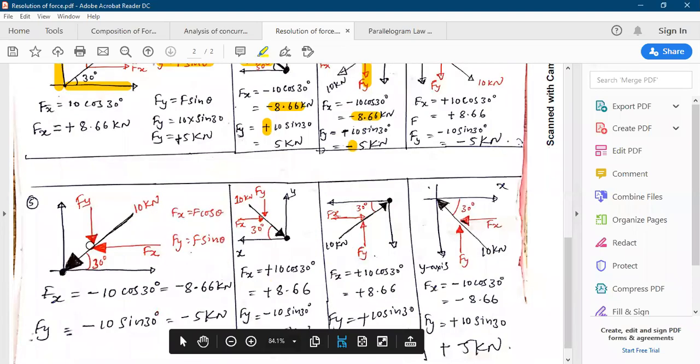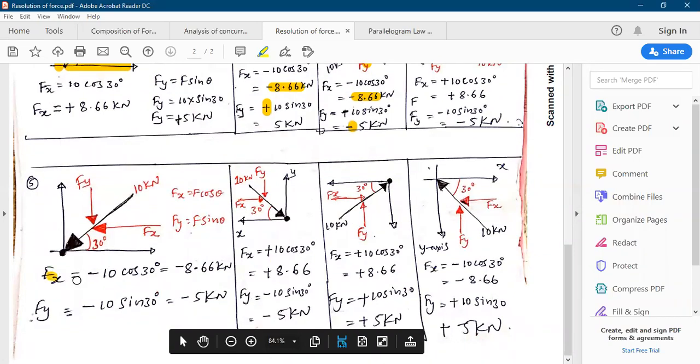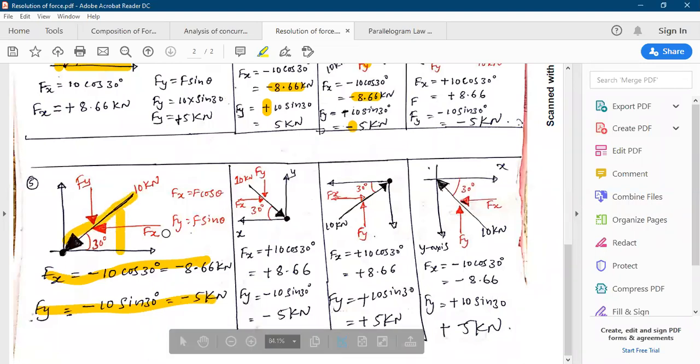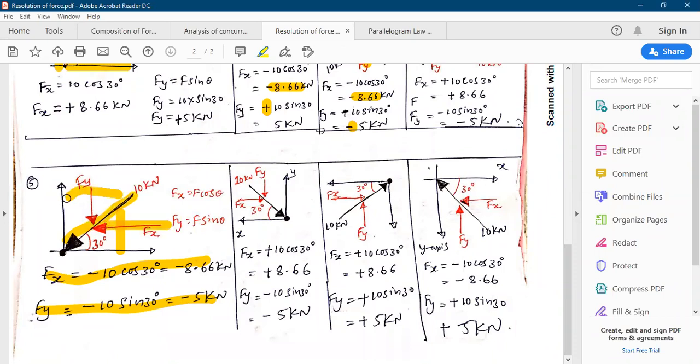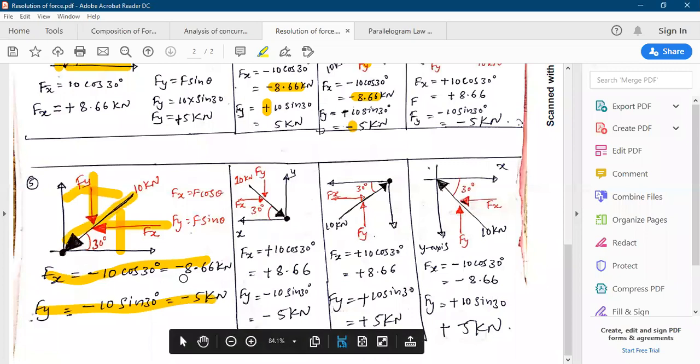Similarly, by taking another problem, we solved for its x component and y component, where the force is acting towards the point. Project this force to the x axis and identify its x component. Project this force to the y axis and identify its y component. The x component is acting leftwards and the y component is acting downwards, so both are negative. Like this, we considered a number of other problems.